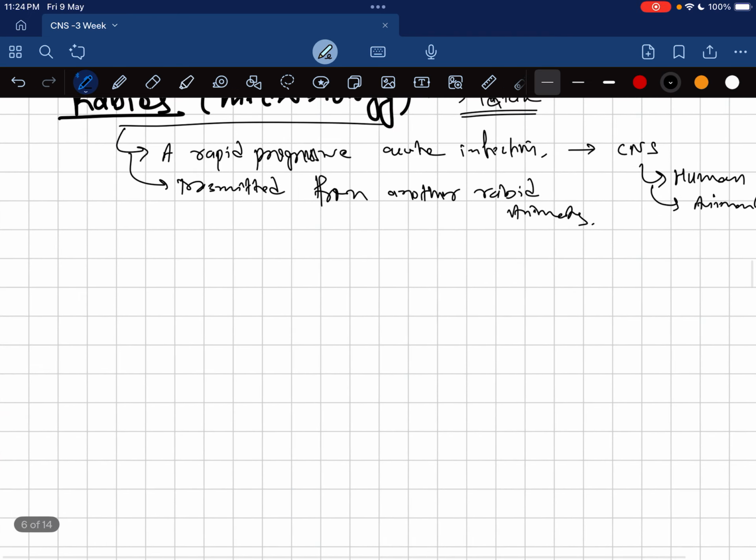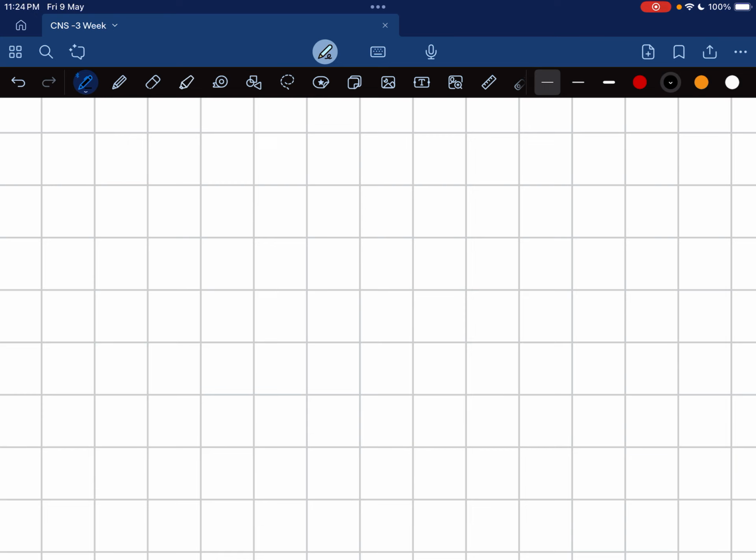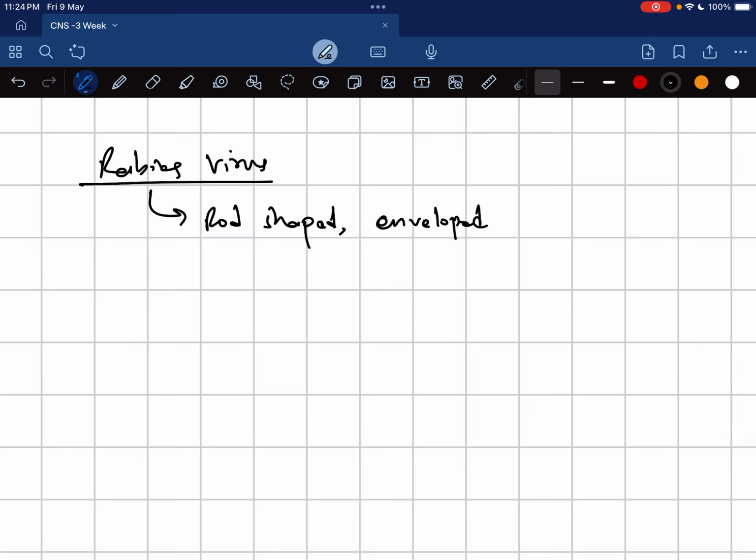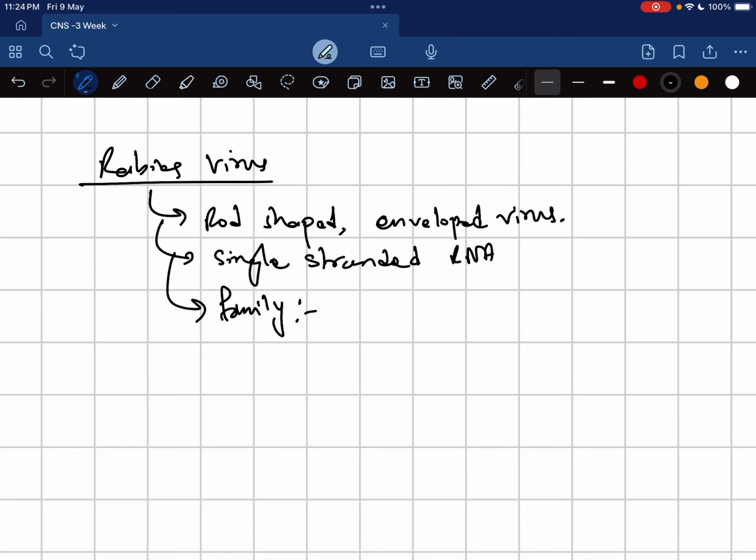Moving on, rabies virus. Regarding the rabies virus, it is a rod shaped, enveloped virus with single stranded RNA, and it belongs to the family Rhabdoviridae,